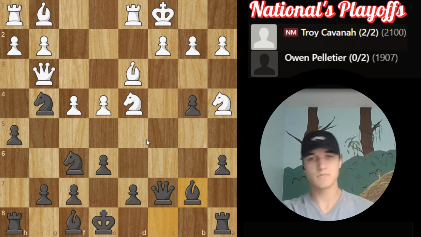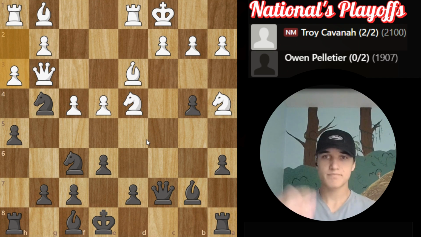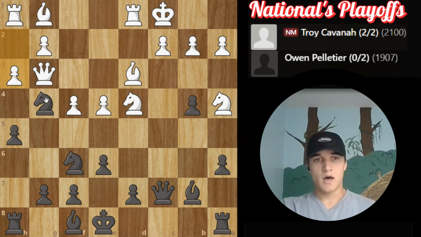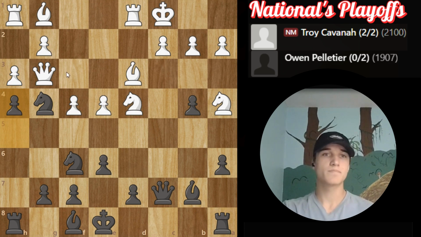So he goes h3. And I calculate for a bit and I realize that, okay, no matter what, I'm going to have to move back to h6 with my knight. But I was trying to decide, okay, if I go h4 first to kick the queen somewhere, is that a better variation? And I eventually figured that yes, because after h4, he can only move into the line of fire